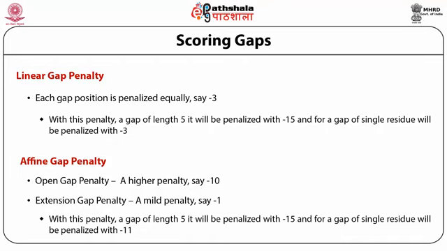This is called gap opening penalty. In addition, another penalty, but a mild one, is added for each individual residue deleted. This may be such as -1. This is called gap extension penalty. Therefore, if deletion was of one residue, then the total affine gap penalty will be -11. If 5 residues were deleted, total affine gap penalty will be -15.